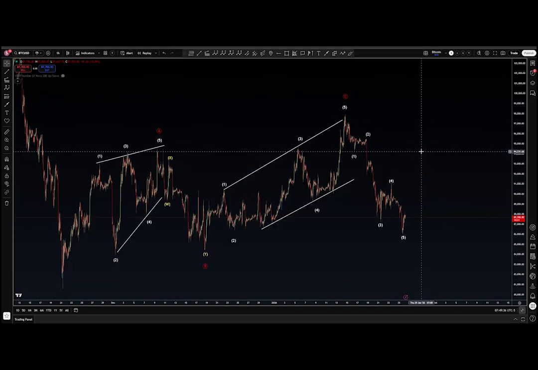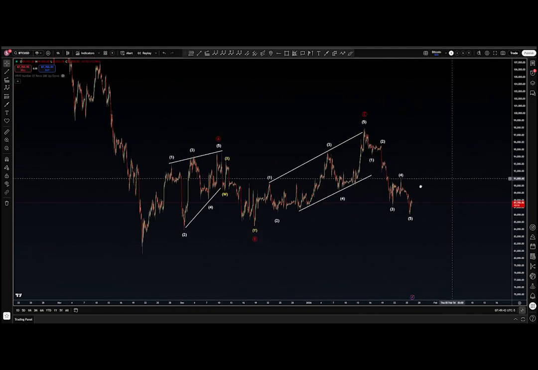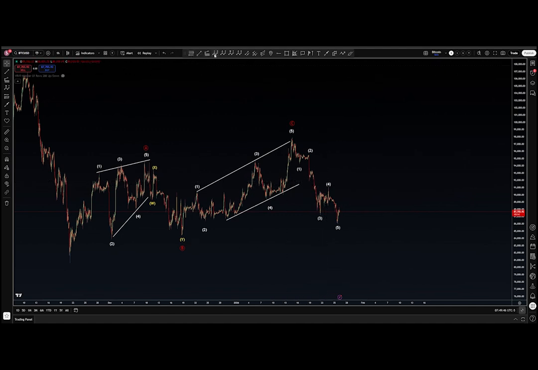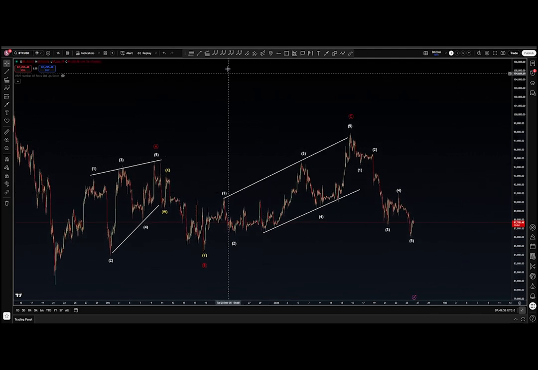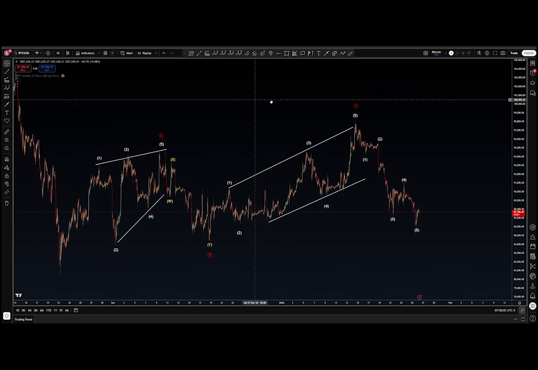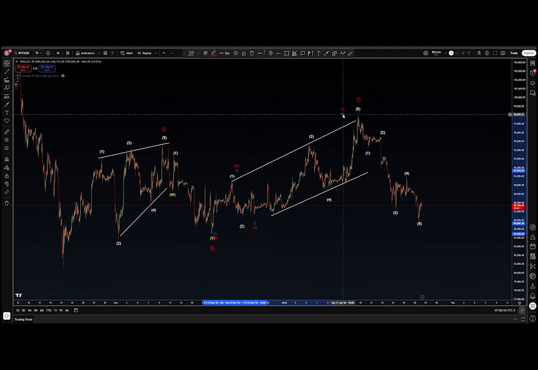It's very important that we assess where we're at. So based on this expectation, that leaves us a few different options. This could be a 1 to the downside, or it could be a C, essentially. But then that would require a different count. And that would insert where this expanding diagonal, which is a very interesting expanding diagonal. So this is well within the realm of potentials that should be considered. But this could potentially be W, X, Y.